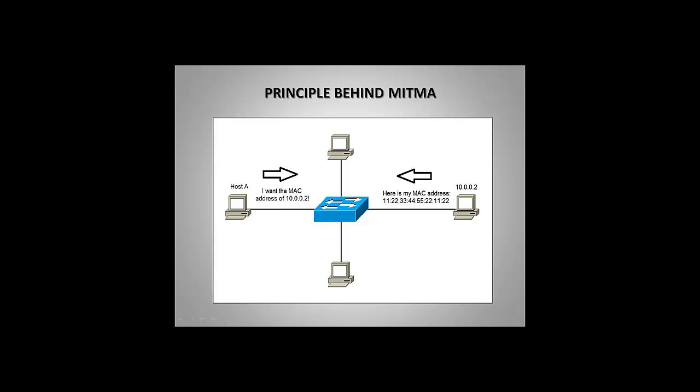So while all the other machines will check to see if it is about their own IP, they all will drop it, knowing that it is not their IP address that was mentioned in that packet. While 10.0.0.2 will pick up that packet and say, "Hey, I am 10.0.0.2 and this is my MAC address." So the host is going to forward its MAC address to host A, and then host A will use that MAC address